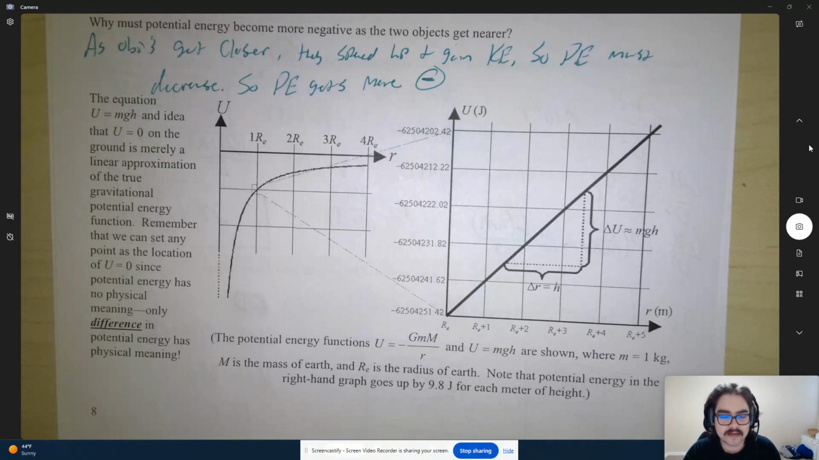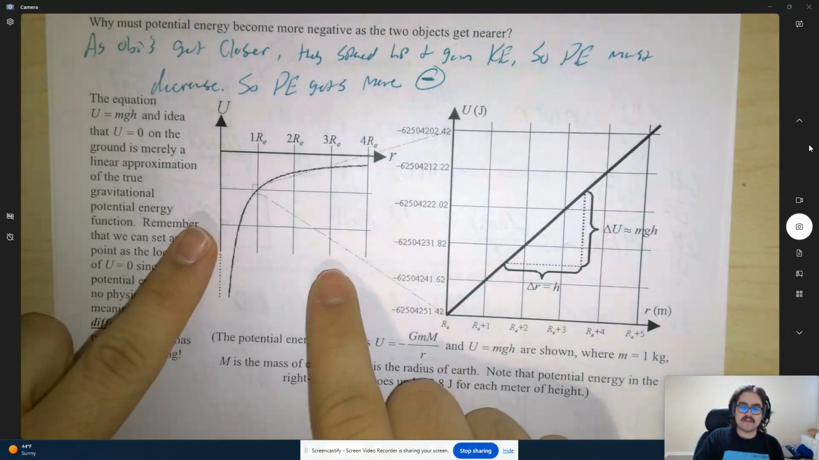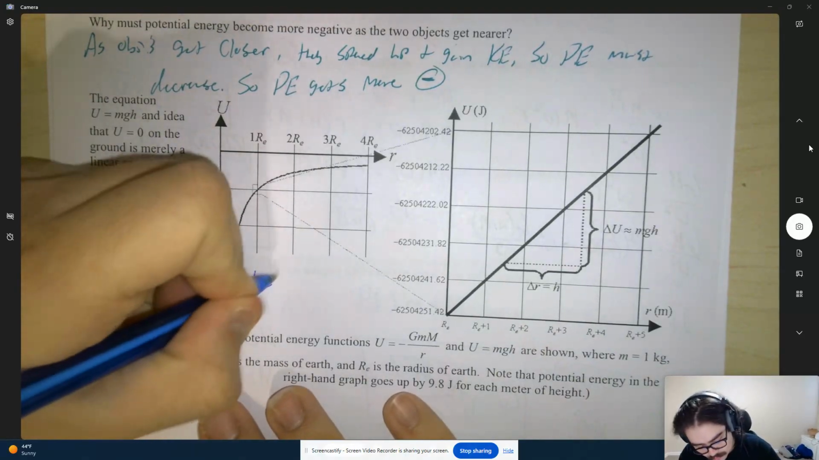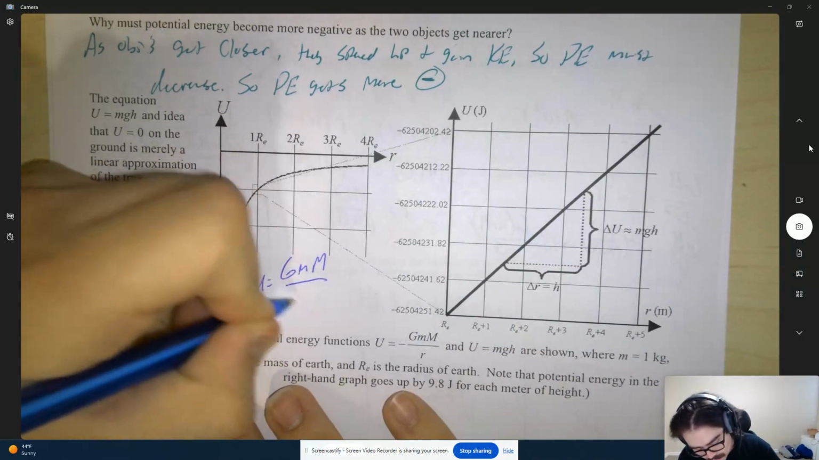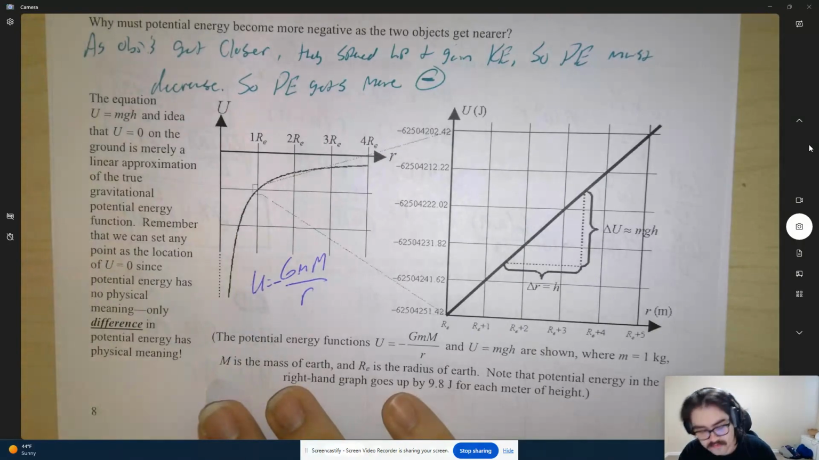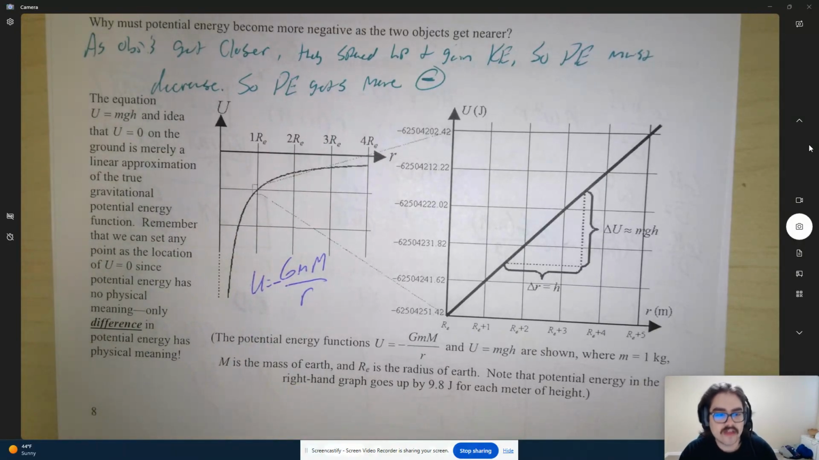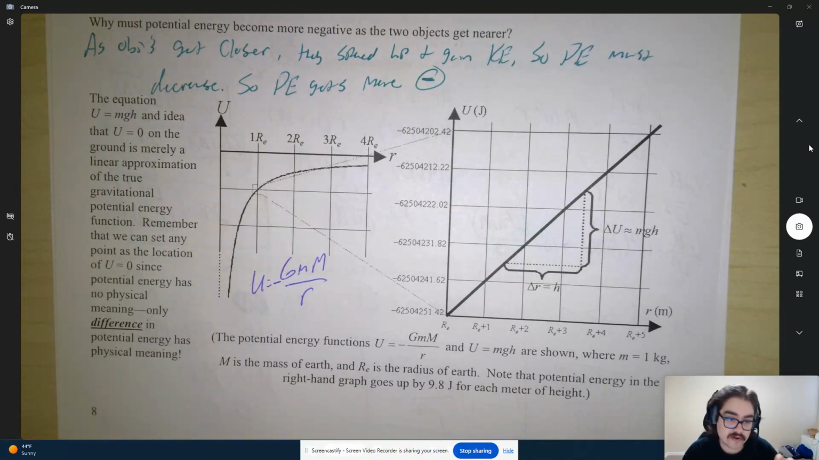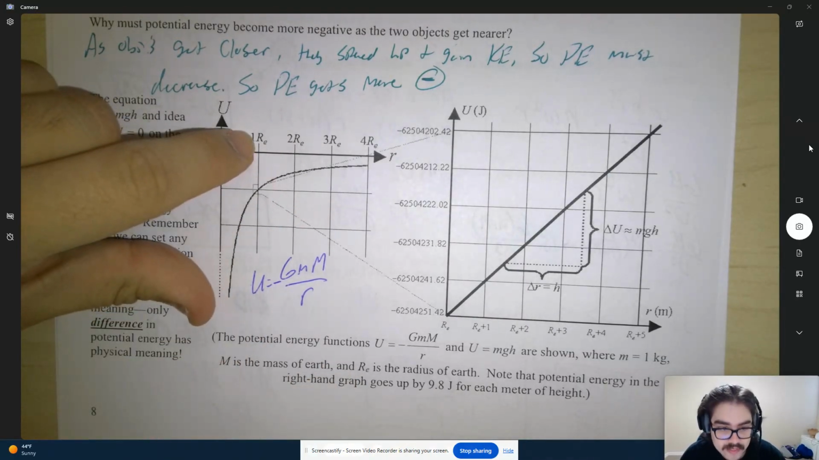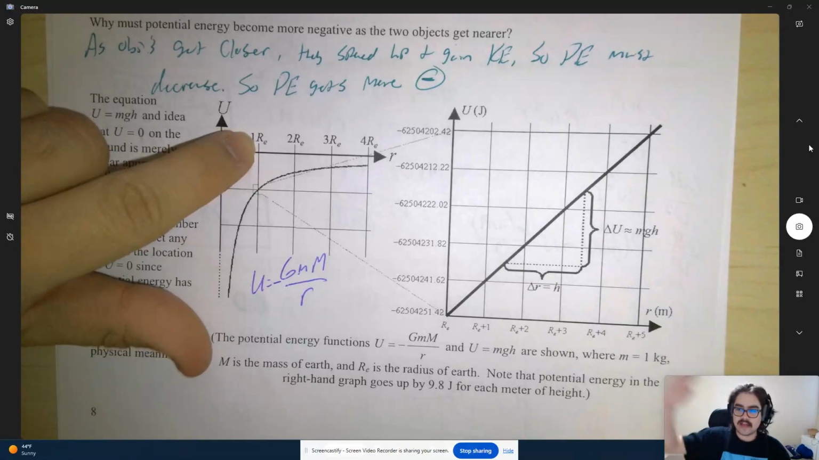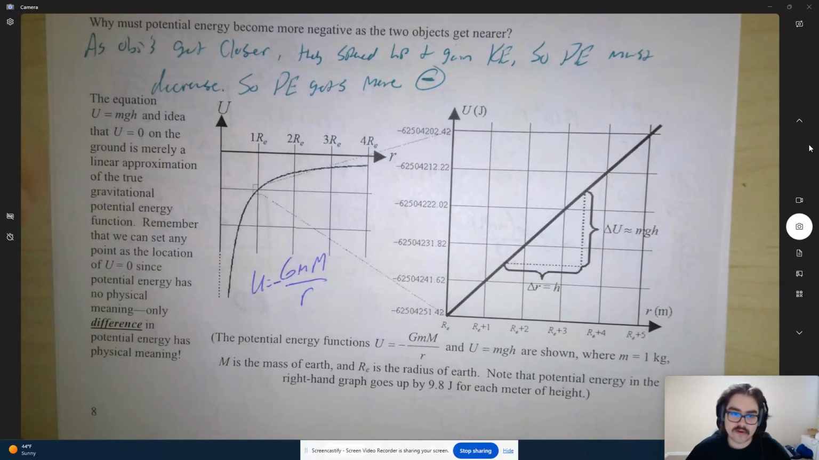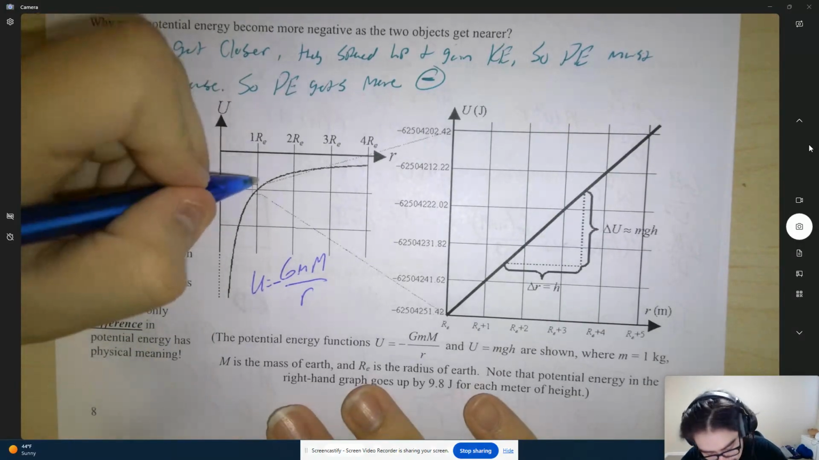So if we take this graph on the left, it is actually a graph for U equals negative G little m big M over R. This is a graph of the potential energy as you get further from the Earth's center. So for example, this is 1 times the radius of Earth, so this is at the very edge of Earth. What is your gravitational potential energy with respect to you and the Earth, right? And if we take this little segment right here